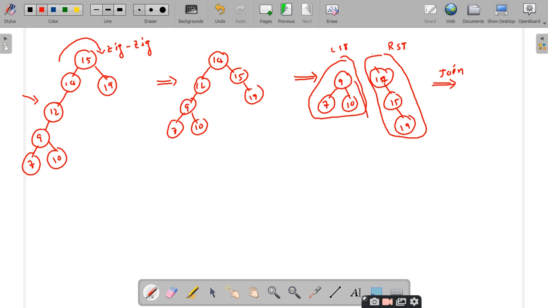How do you identify the largest element? Go deep towards the right hand side of the root node. So in this particular left subtree the root node is 9. When you go deep I have 10 as the largest element. So you splay this 10. You make this 10 the root node.